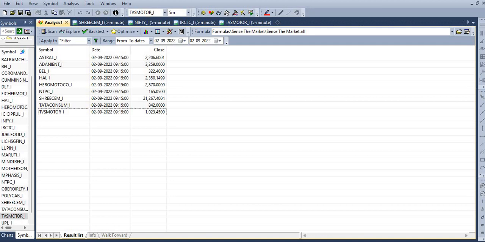So what about the Nifty and Bank Nifty? What about the call option, put option of the Nifty? How do you trade them? This is why I have included this in the masterclass, along with the Amibroker. I will teach you